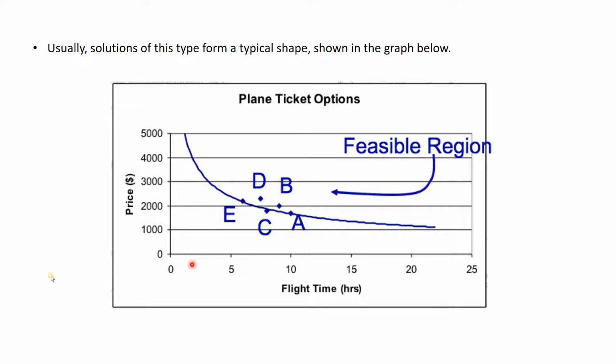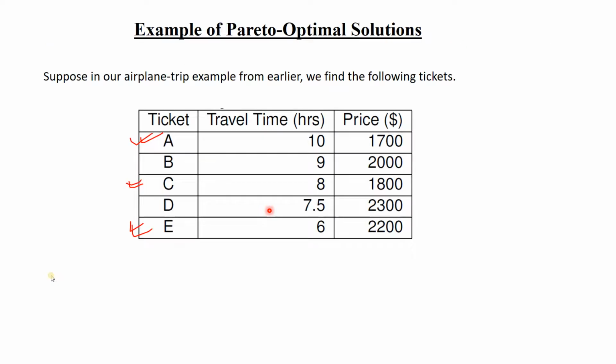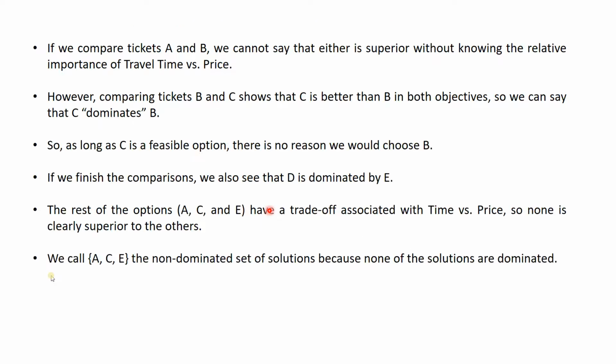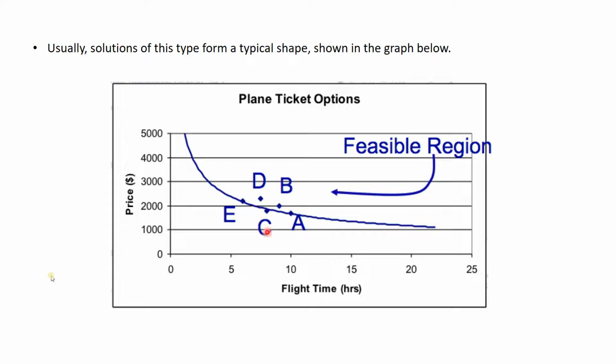Okay, so we can plot a graph like this, with respect to the time and price, with our example. We can see that C, E, A are actually decreasing linearly like this, as if the price is decreasing but the time is increasing, isn't it? We can see that A is taking 10 hours for $1700. C is taking $1800, but it is taking 8 hours, and E is taking 6 hours but $2200. Okay, so they are actually placed like this.